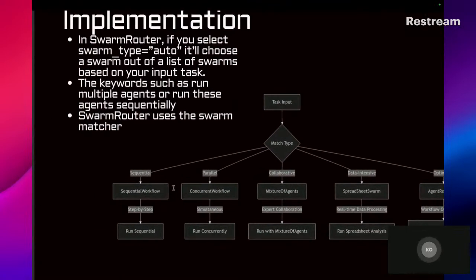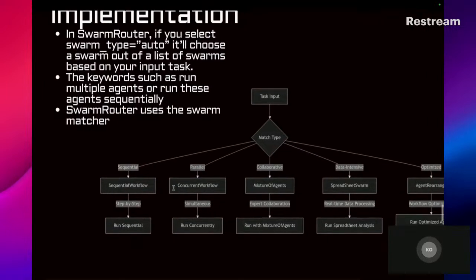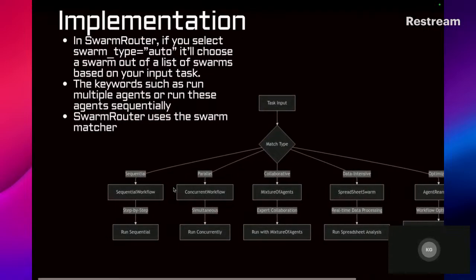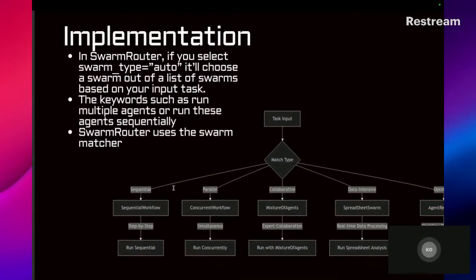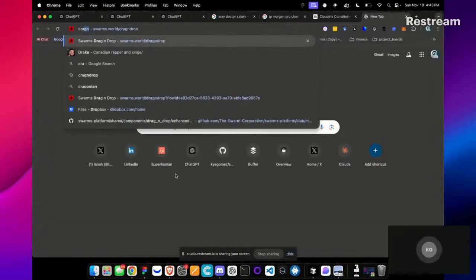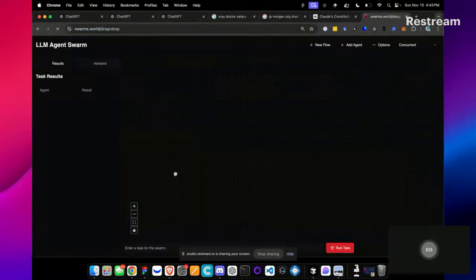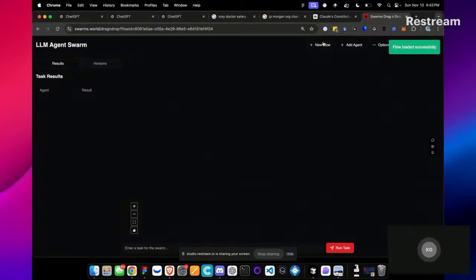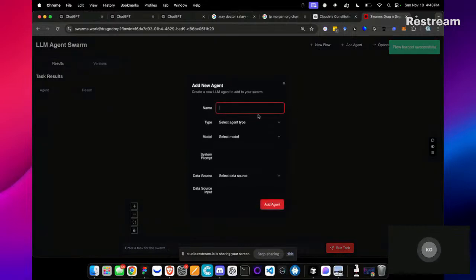And that is a form of dynamic swarm orchestration. It's a very early type of dynamic swarm orchestration. In about a year from now, you'll be able to generate thousands upon thousands of agents, and you wouldn't even need to say do this, do that. It'll do all that for you.